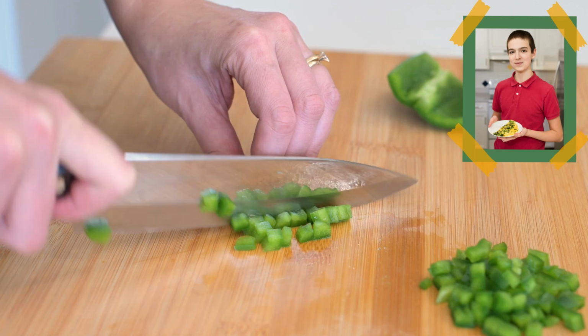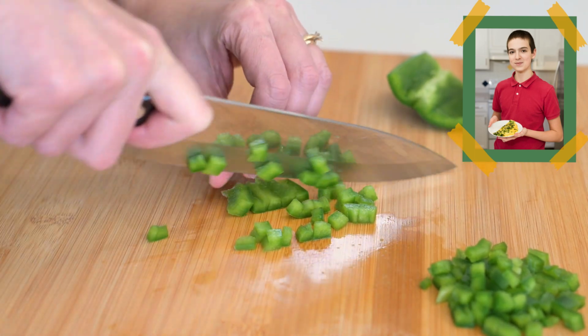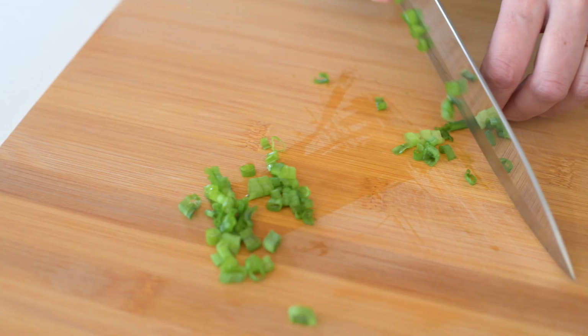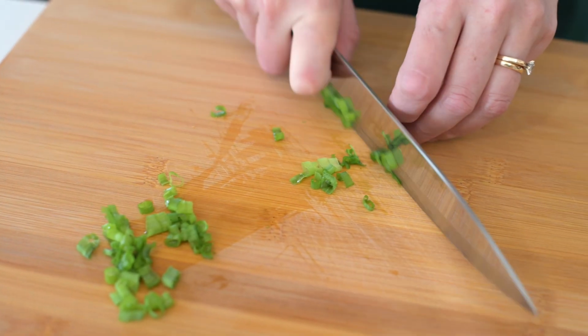My teenage son loves to make omelettes. In fact, they are one of the first recipes he ever learned. Our weekday mornings are a bit rushed, so he usually makes omelettes on the weekend for himself and his little